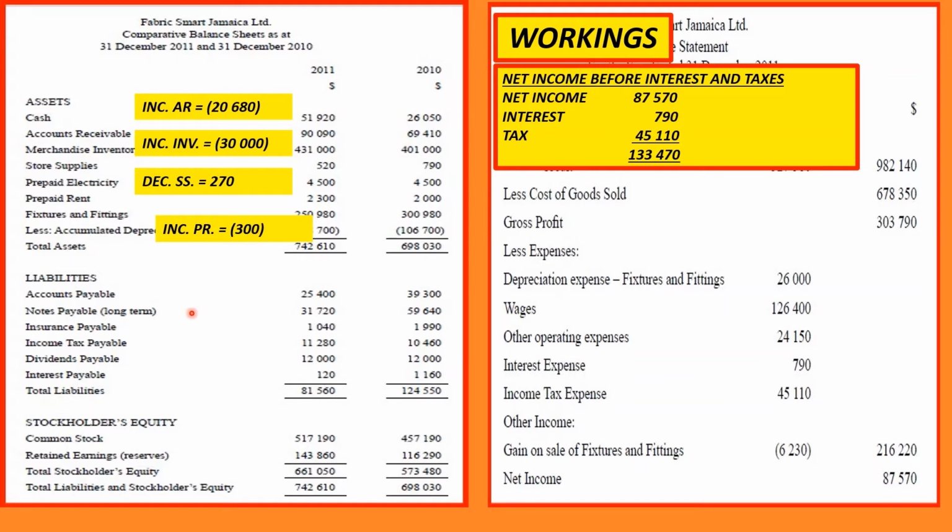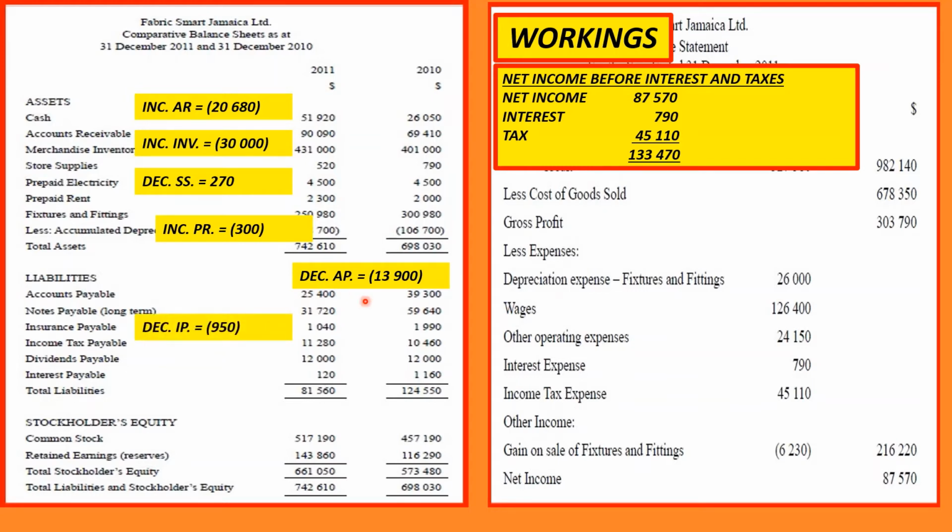We move next to the current liabilities, the other component of the working capital, and we see the accounts payable decrease by 13,900. So that would be a decrease in cash